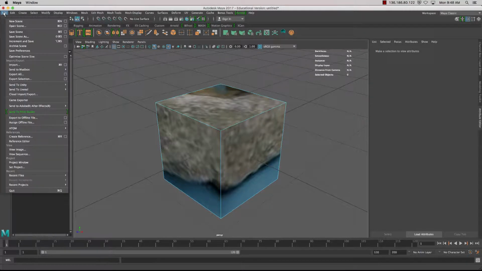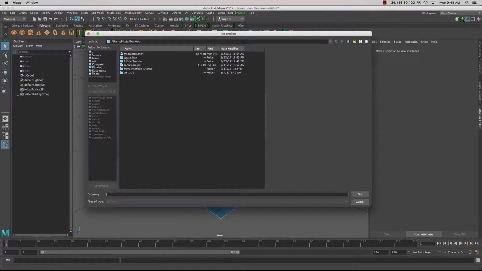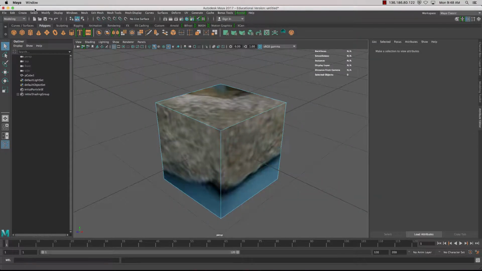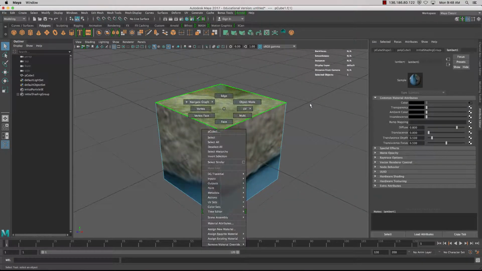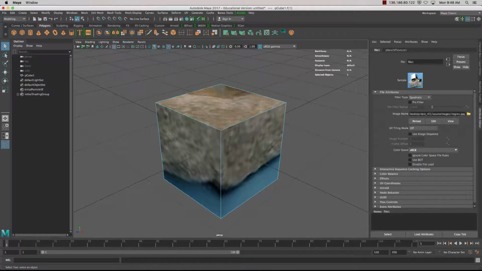Okay, so what happens is if I go in and say set the project to another project, if it's set to something else, and go set, and then if I connect a texture, notice this texture now no longer has the relative directory. It's got what it's called an absolute directory. So it's looking for users, my name, and desktop, and so forth. So the problem is